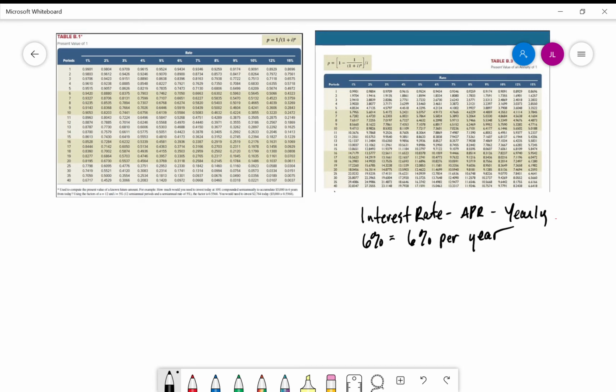Now, we don't have compounding periods yearly. Sometimes we'll have compounding periods every 6 months, which would be semi-annual. Sometimes we'll have them monthly, which would be, of course, 12 times a year. Sometimes we may have them quarterly, which would be 4 times a year. So in the cases where we have a compounding period that is not yearly, we have to break that down into segments. And in these instances, the rate per period is equal to the